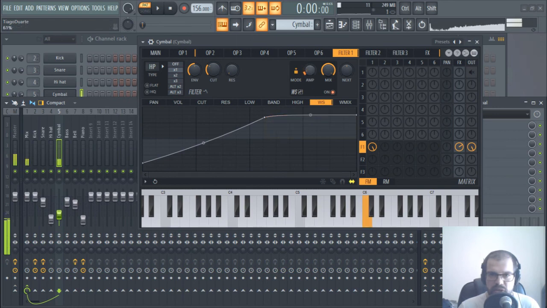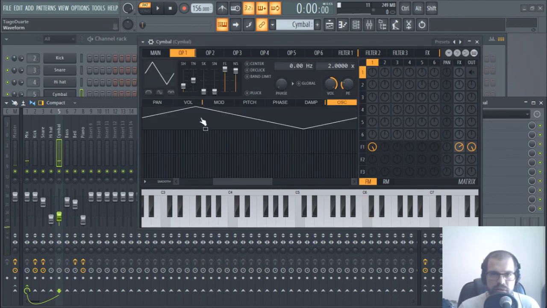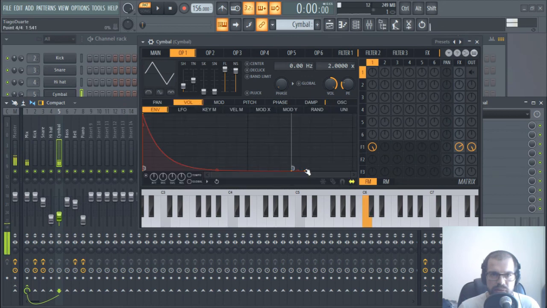I like this point here. Okay, so also, yeah, I don't want any release, no sustain, and the decay,